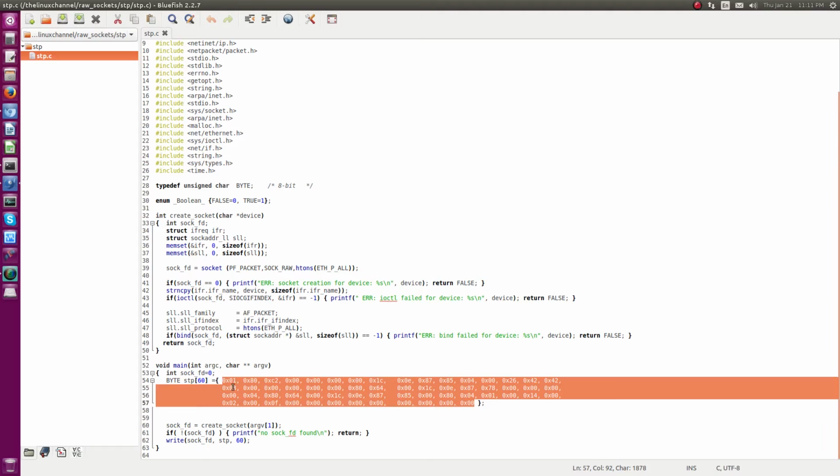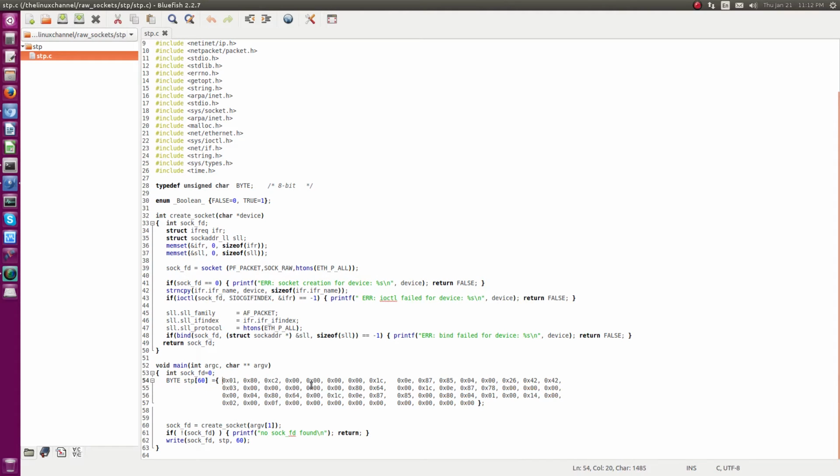Essentially the first 6 bytes are the destination MAC, then the source MAC, and so on. Since it is a layer 2 slow protocol, its destination MAC is an Ethernet multicast MAC address, which is 01 80 C2 followed by 00 00 00. So this is the layer 2 slow protocol multicast MAC address.